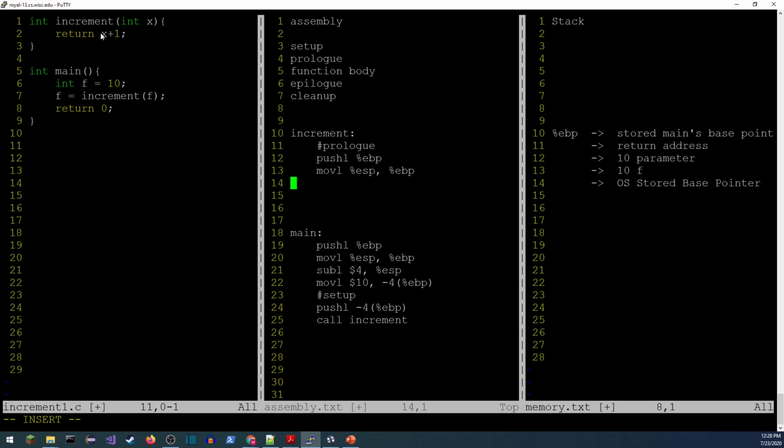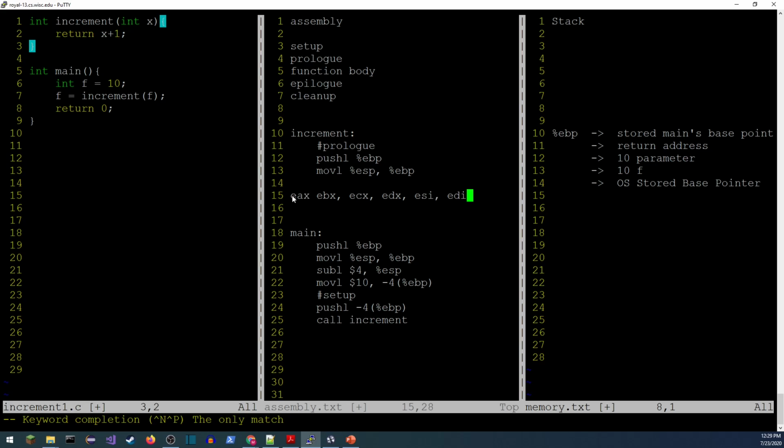So the next thing we need to do is take a look, and we're going to compute x plus 1. So again, this return and x plus 1 are going to be two different things. We need to compute x plus 1 first, and then we'll return it. So to get x plus 1, that's actually going to be a number of steps also. The first thing I need to do is go grab x and store it in a register for doing that calculation. Now I've got my choice of 6 different registers: EAX, EBX, ECX, EDX, ESI, and EDI. So those are my choices.